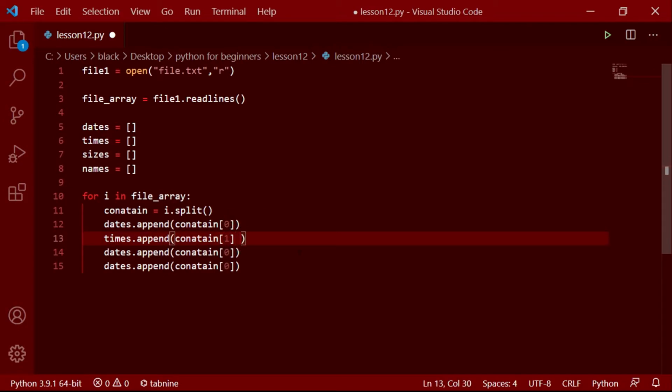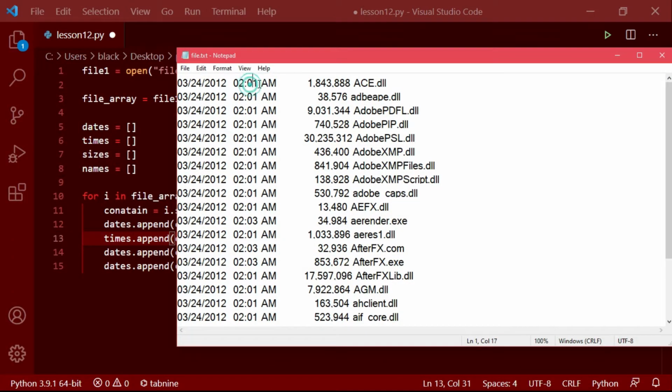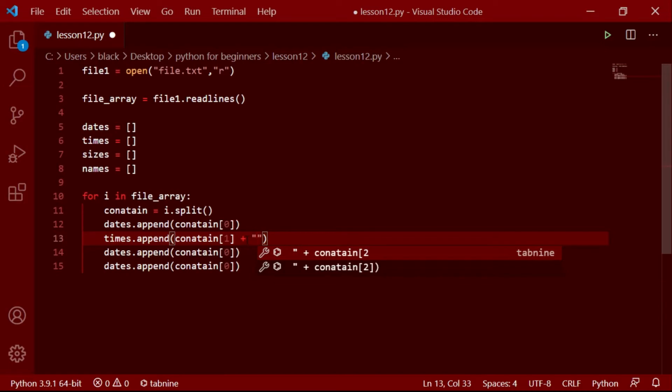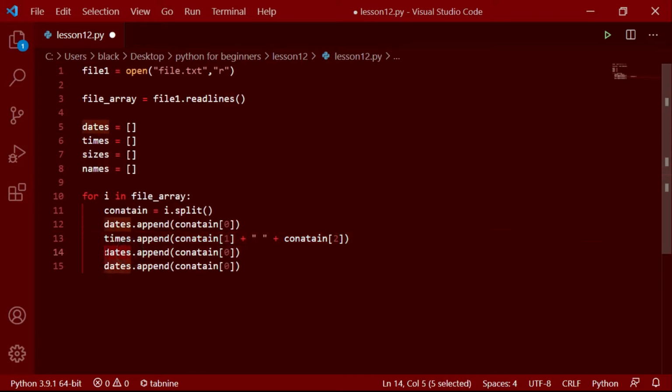first index plus, in between we have to add a space, otherwise we won't have that space in between. It will be just this string and this string without spaces, so we have to give space too, and contain 2. And after that we have to give here the sizes.